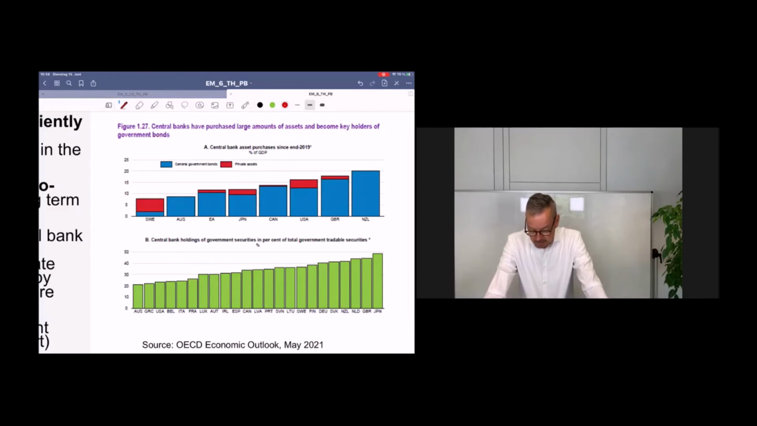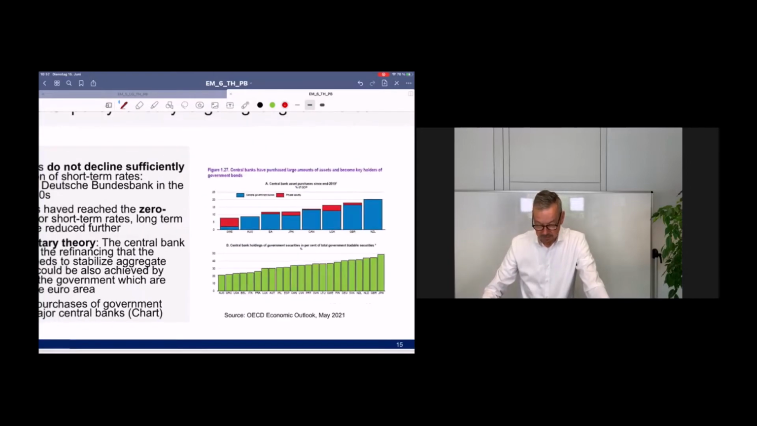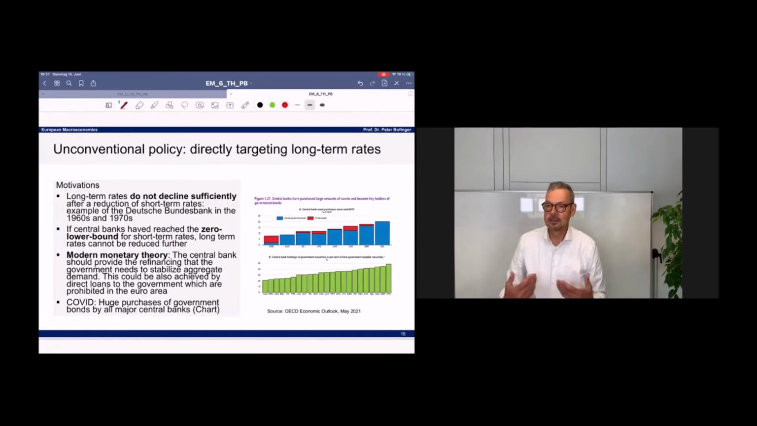And you can see that now the central bank holdings of government securities are very high now in many countries, especially in Japan, where the central bank is holding a huge amount of government bonds. So this is unconventional monetary policy practice, and the COVID pandemic is really a situation where you can very nicely see how central banks did what they can, in the famous words of Mario Draghi, whatever it takes. They did whatever it takes to purchase government bonds and to help governments to stabilize the economy in this terrible